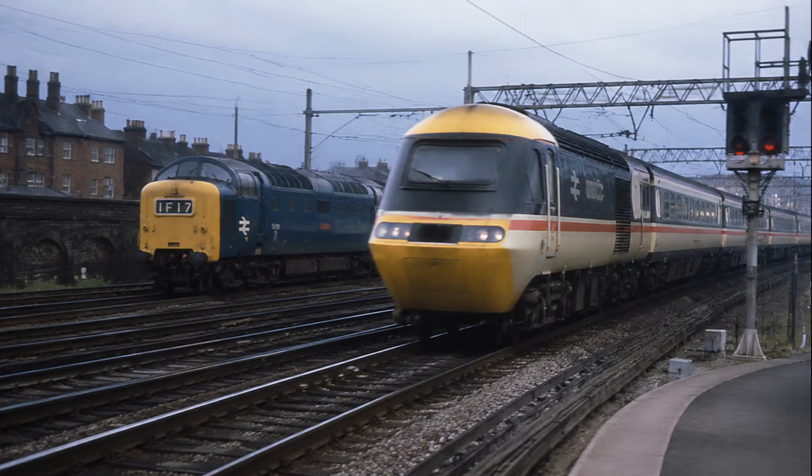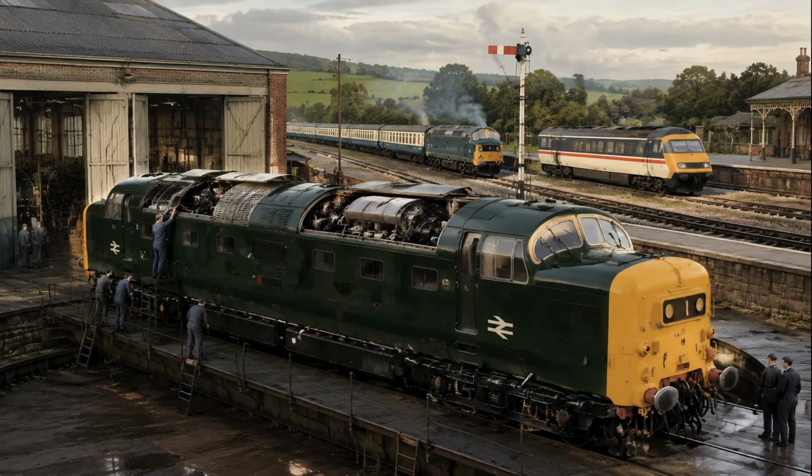Yet barely 20 years later, every Class 55 had left regular British rail service, displaced by another machine that was faster, cheaper to deploy, and easier to build into a complete passenger system. The obvious verdict is that the Deltic was an extravagant mechanical dead end. But that misses what the locomotive actually achieved, why its complexity was initially rational, and why replacement did not mean